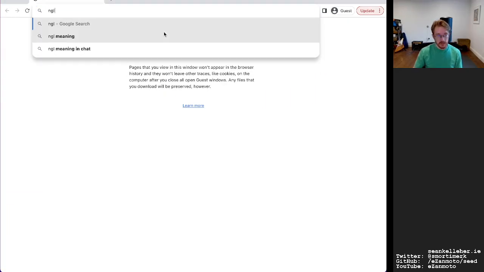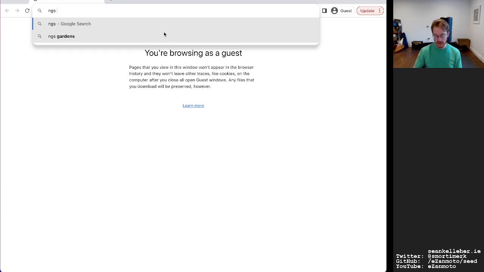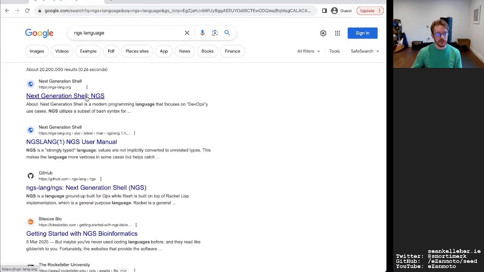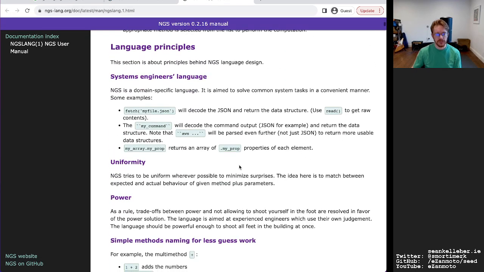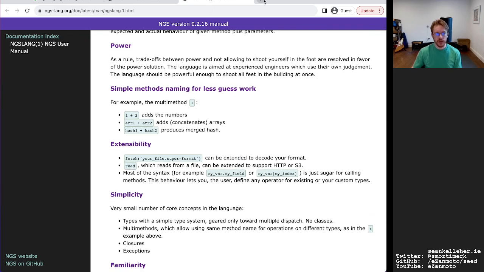So the first language I'm going to be taking a look at is Next Generation Shell, I think. That's the one that a friend of mine shared with me, and I think there's a tutorial in the user manual potentially. I was looking this up earlier.